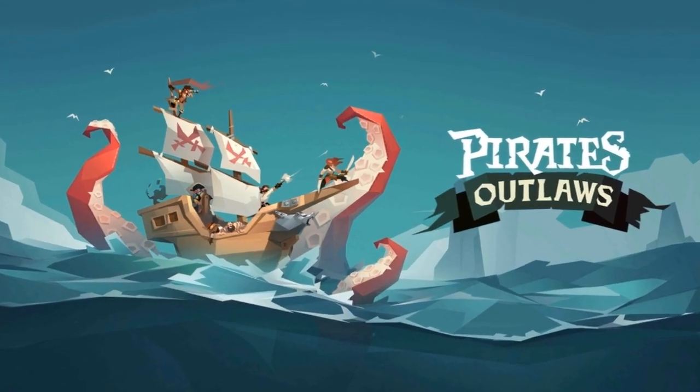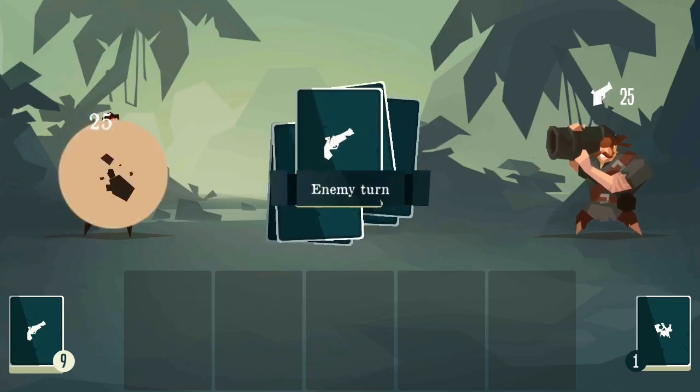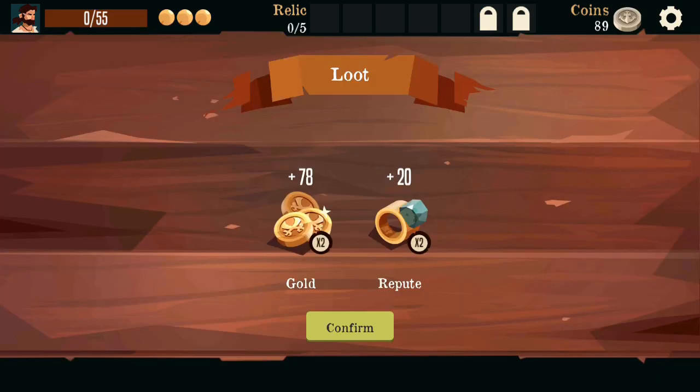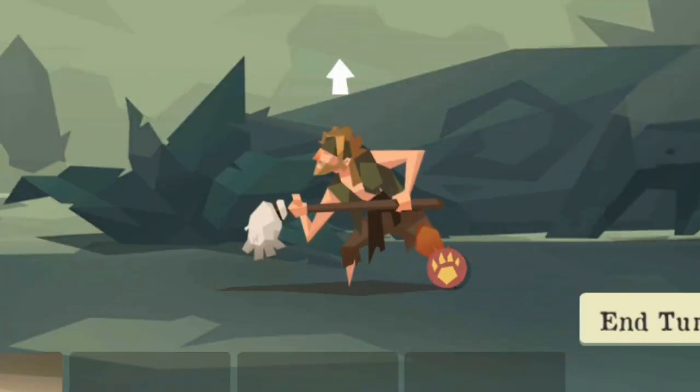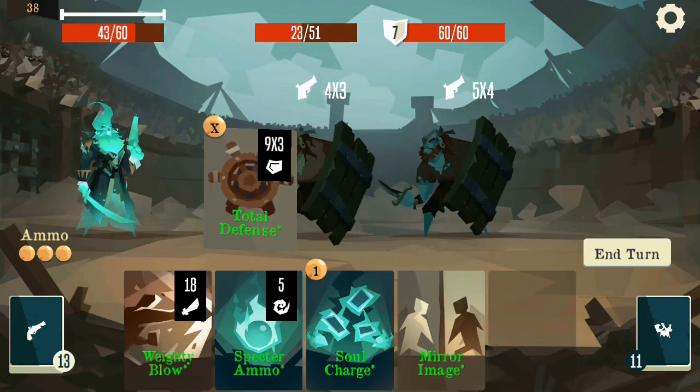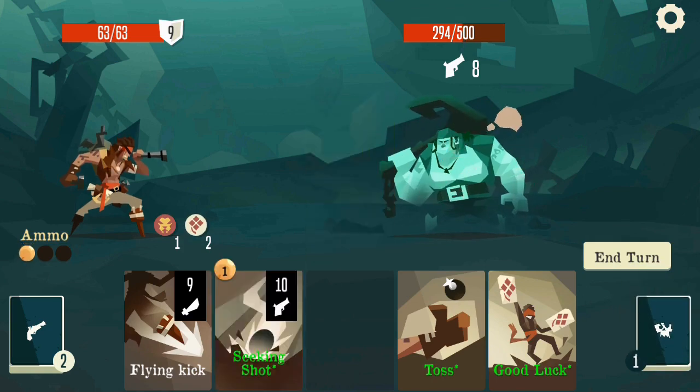Pirates Outlaws is a tough game to learn. The new player experience can be very difficult, as losing a run gives you almost no rewards, and many deaths early on are caused by unknown mechanics that take some time to figure out. However, once you figure out the basics, you'll have a blast discovering all of the strategy that this game has